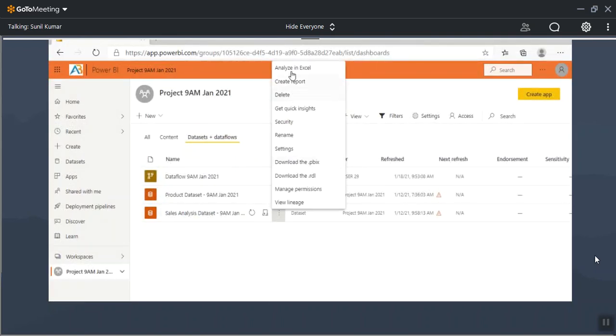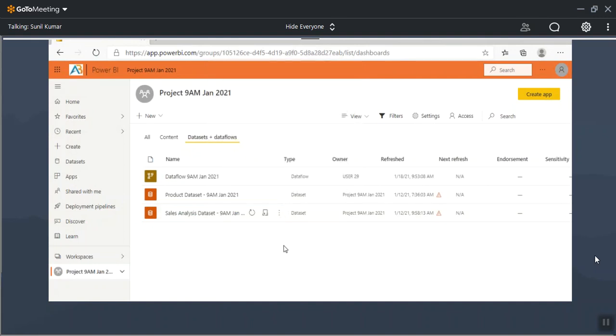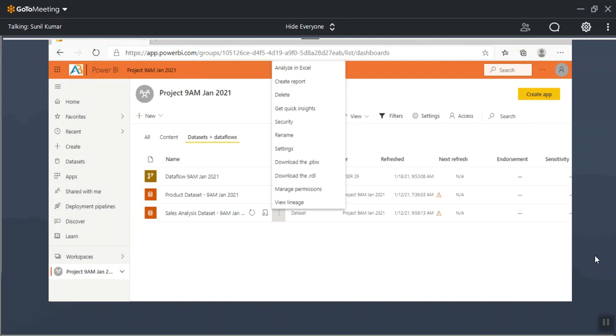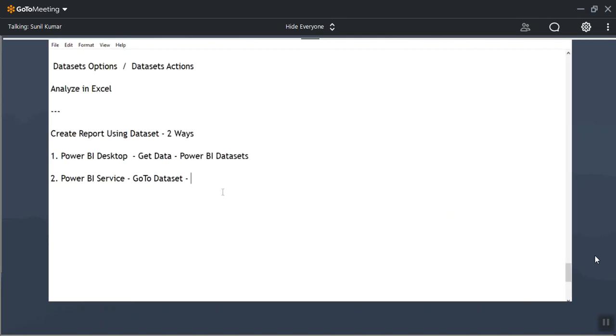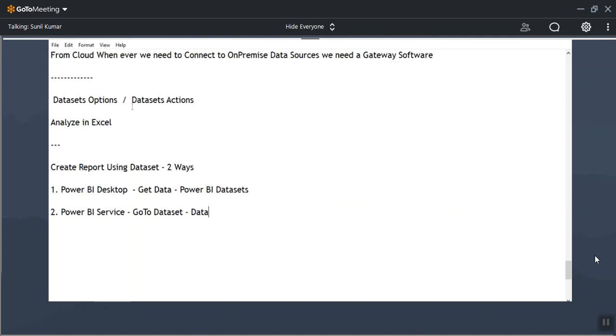Go to the data set and click on more options. Here you will find three dots, more options or data set options. So there you will find create report. You need to go to data set options or actions, and there you will find create report.